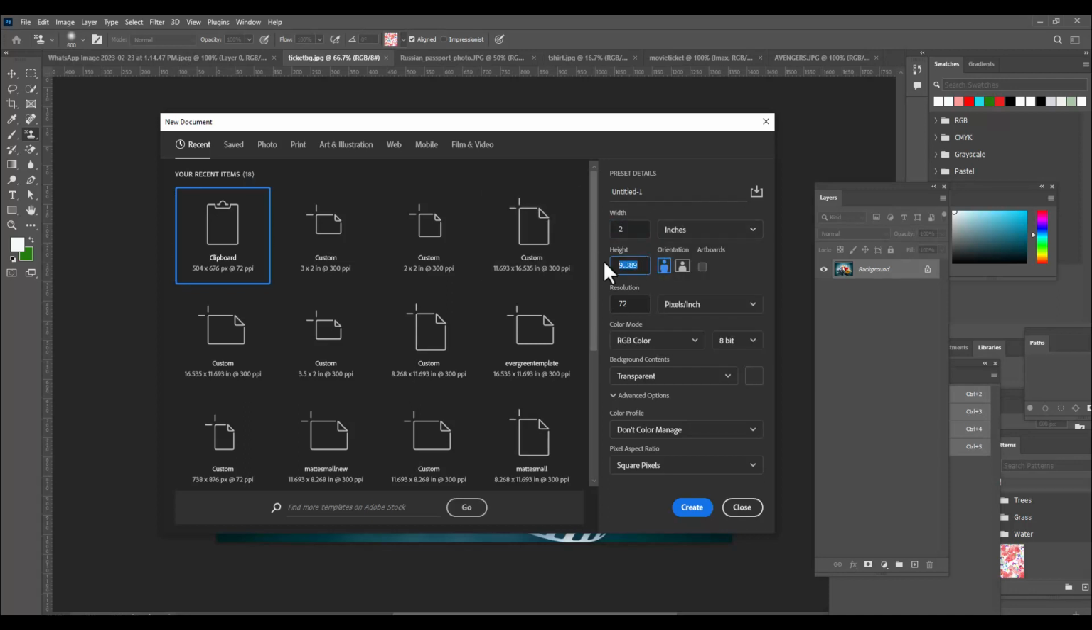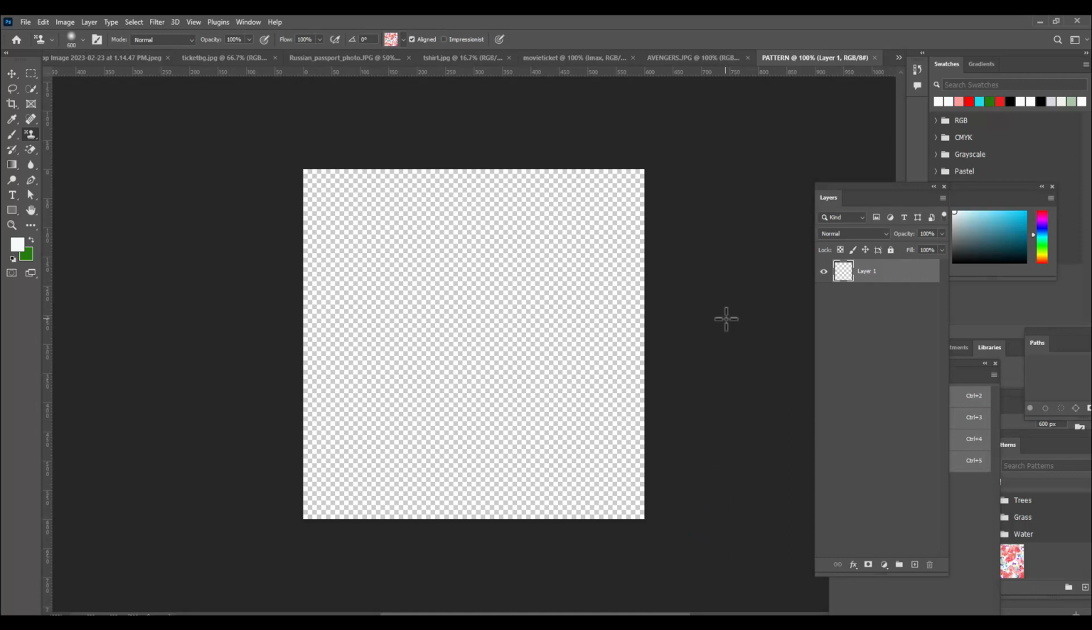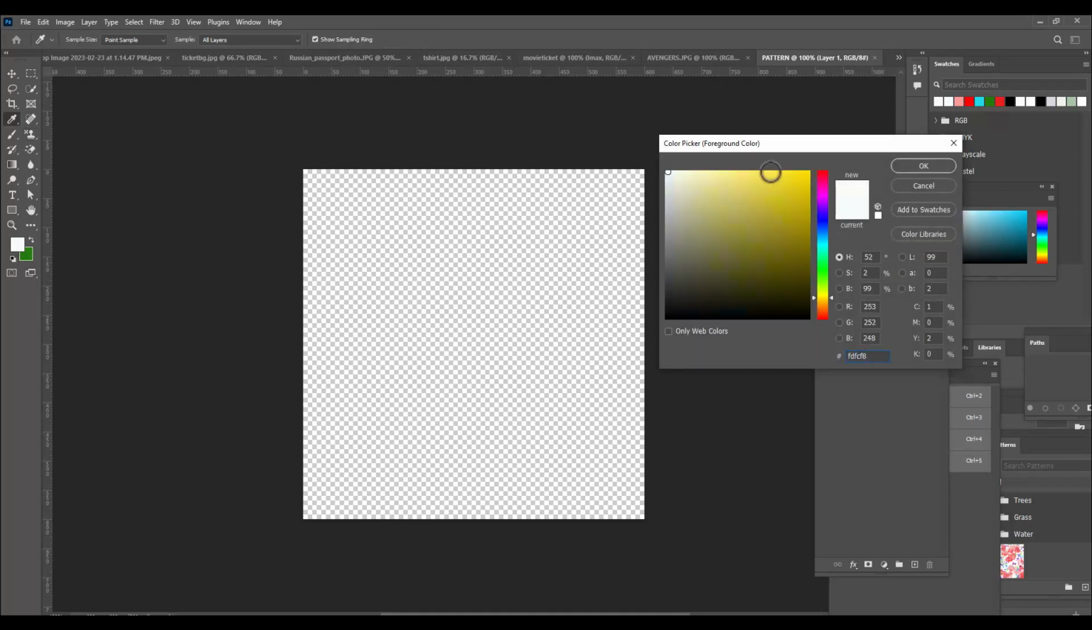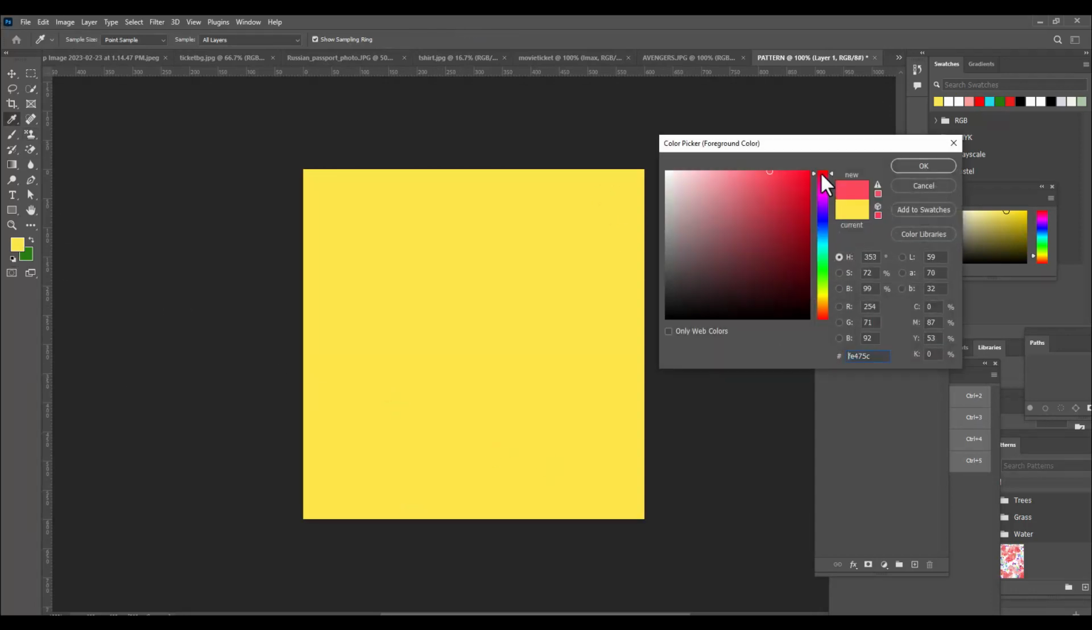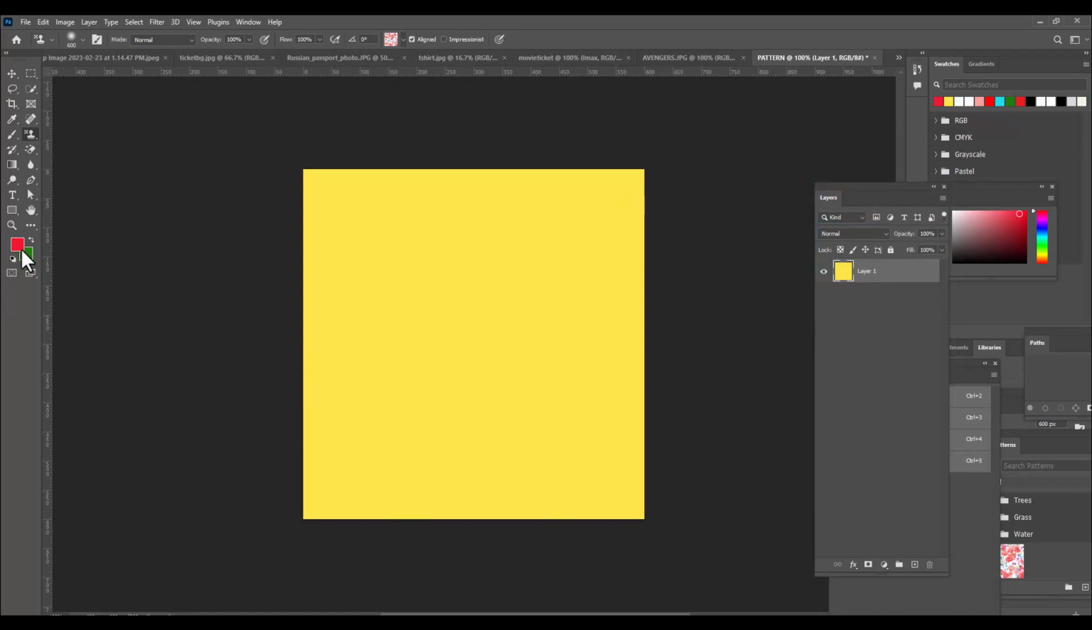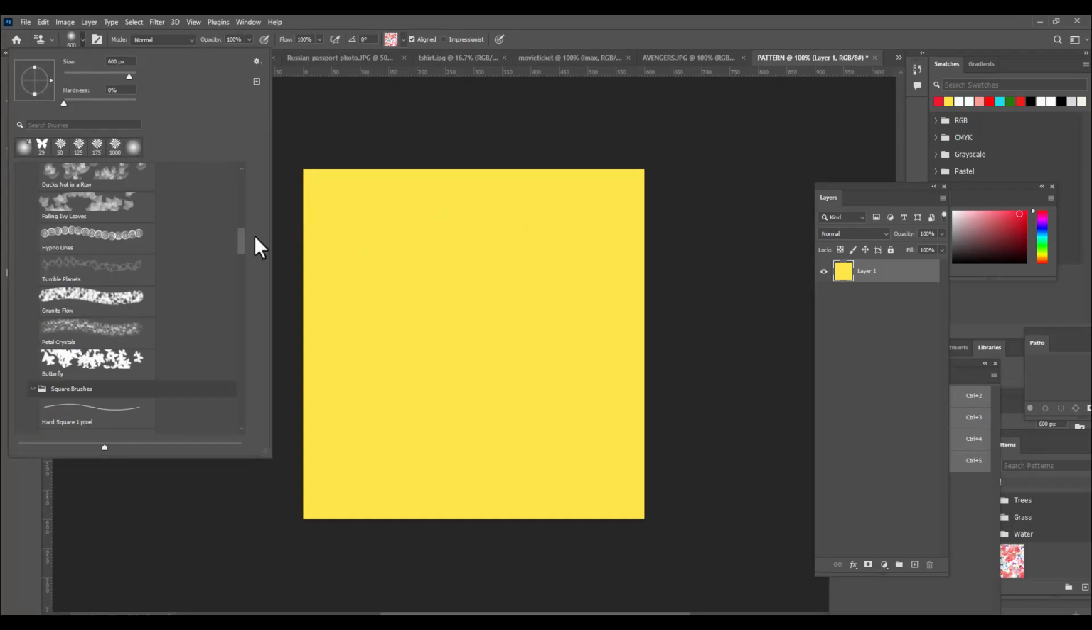We'll select a 2 by 2 inches document and we can give the best resolution, which is 300, and we'll give the name to our document as pattern. So here is the document and we will fill the document with, let's say, a light yellow color, right, and we will then select a red color as foreground and also green as background,